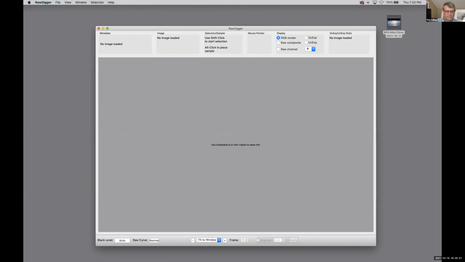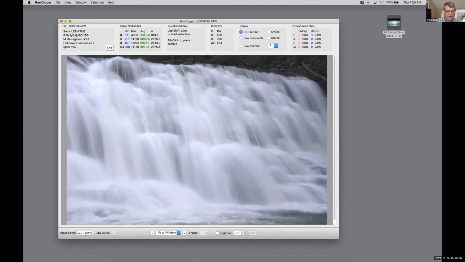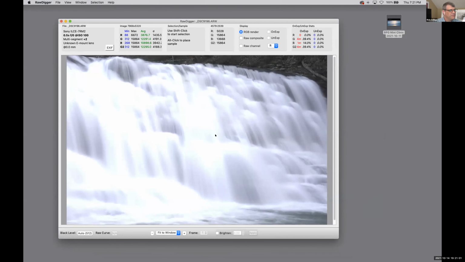So I want to show you how to find the right in the stops here with a little demo. We have to free up the screen here and bring up RawDigger. So here's RawDigger. And let me choose, let's see, we've got an overexposed. We'll start with the overexposed. Come on. It wants me to update RawDigger. It doesn't let me drag in the file. Oh no, I picked the correct exposure. We don't want that. We want overexposure. Okay, so